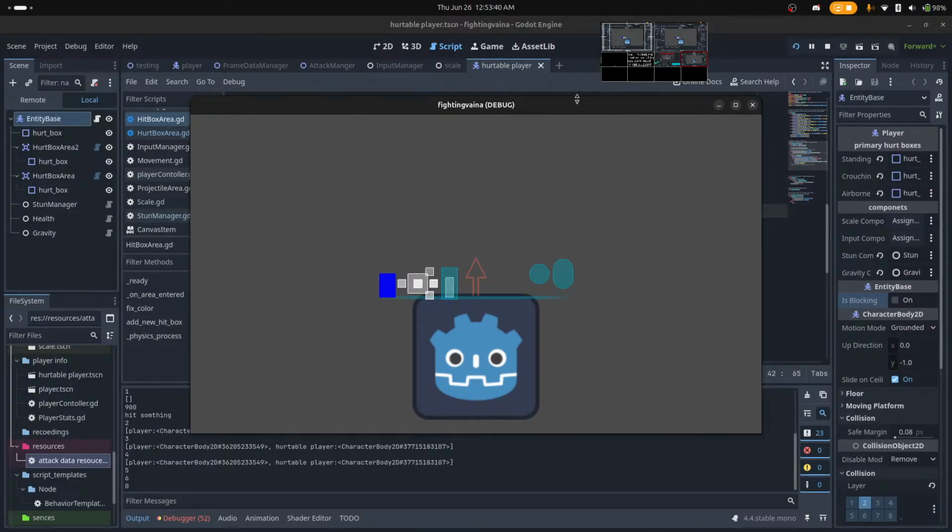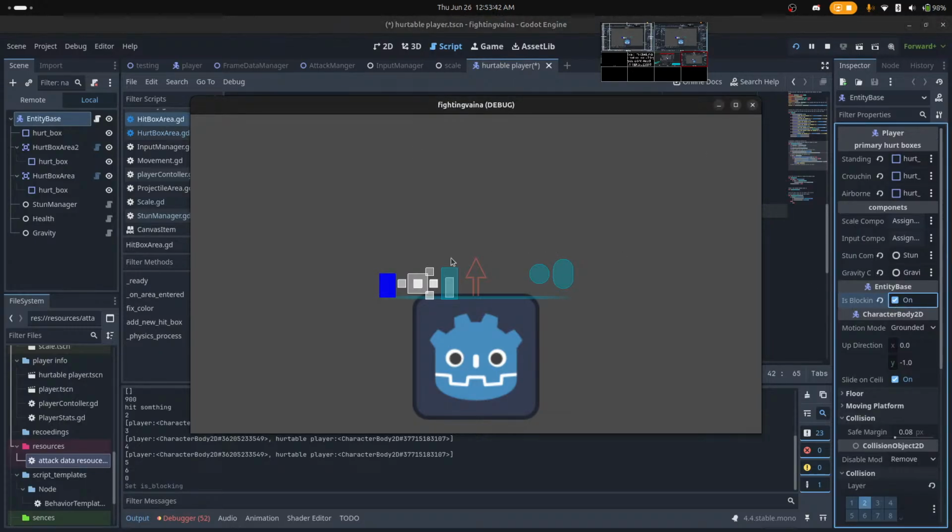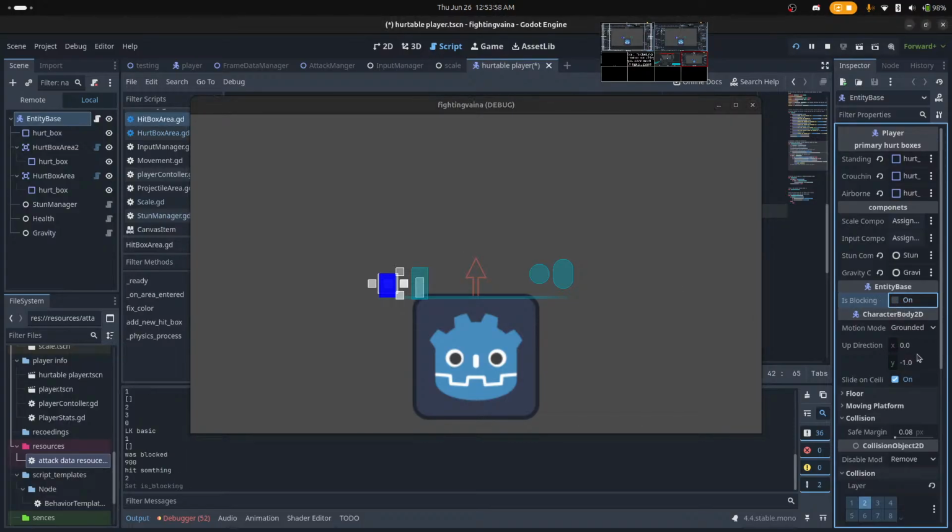Noise on top. Virtual player, turn on blocking. Let's enable frame by frame mode. Press the button. Press and hold the button. It comes out, it hits something, stop, one, go back.